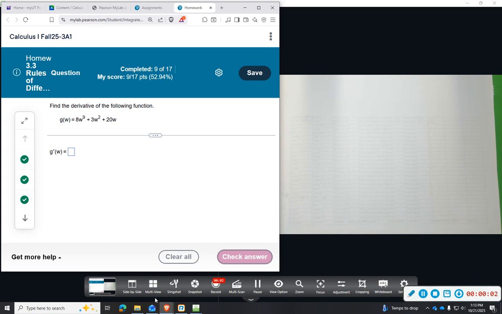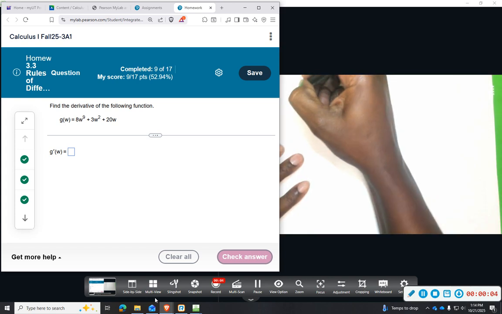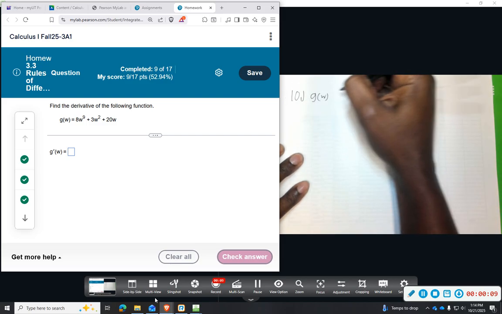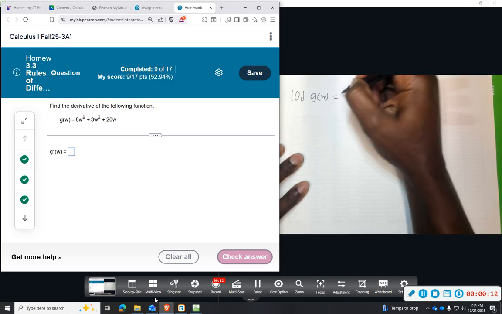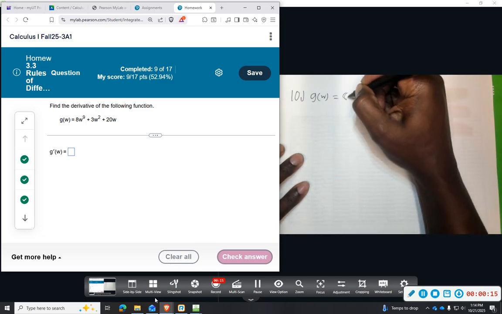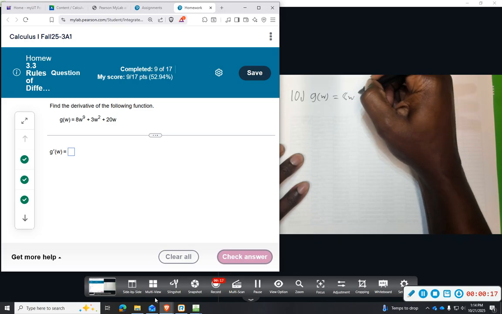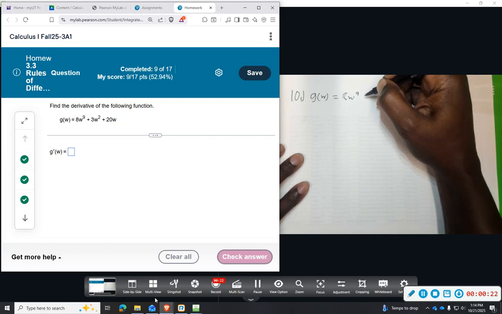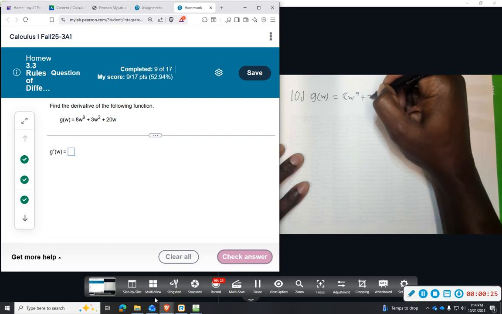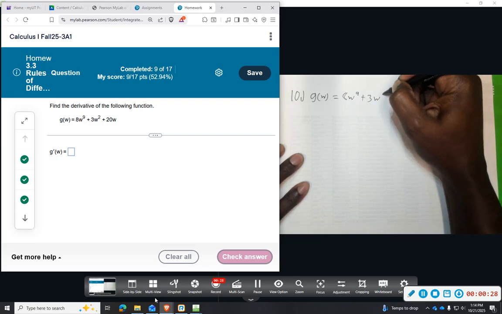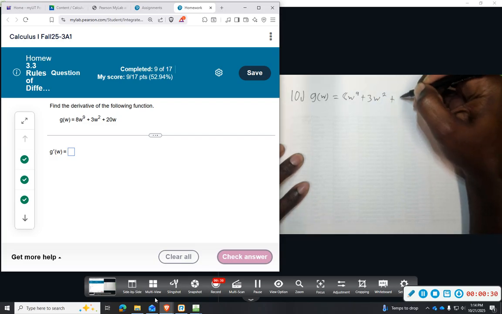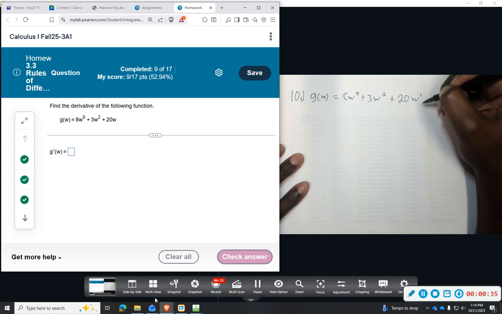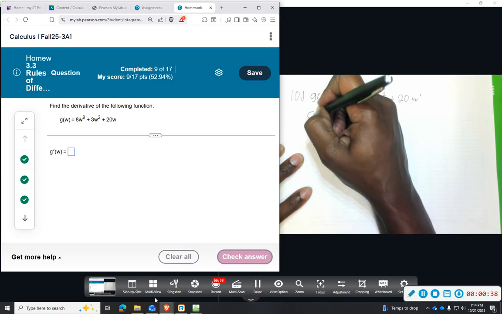All right, number 10, we're going to find the derivative of g of w. So we're going to be using the differentiation rule that the derivative of the sum is the sum of the derivatives. And so at each stage we'll just use the power rule. And just to help, I'm going to put a 1 exponent here. So when we do g prime,